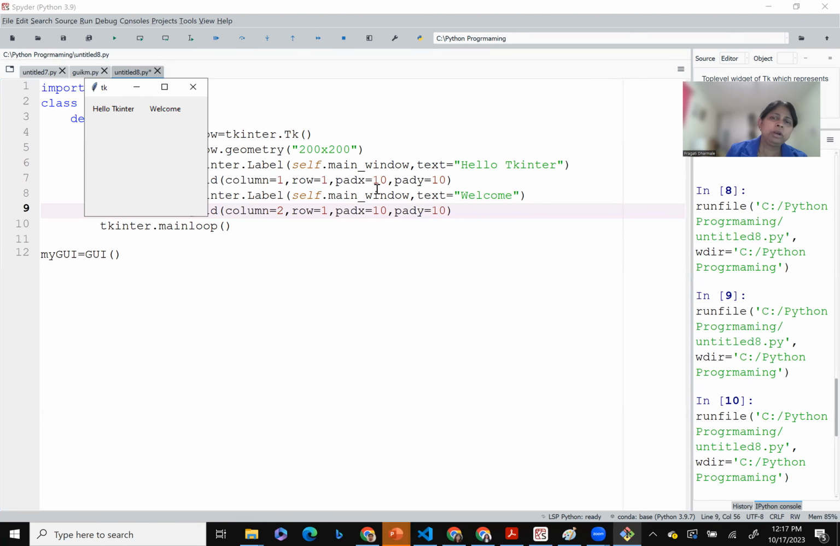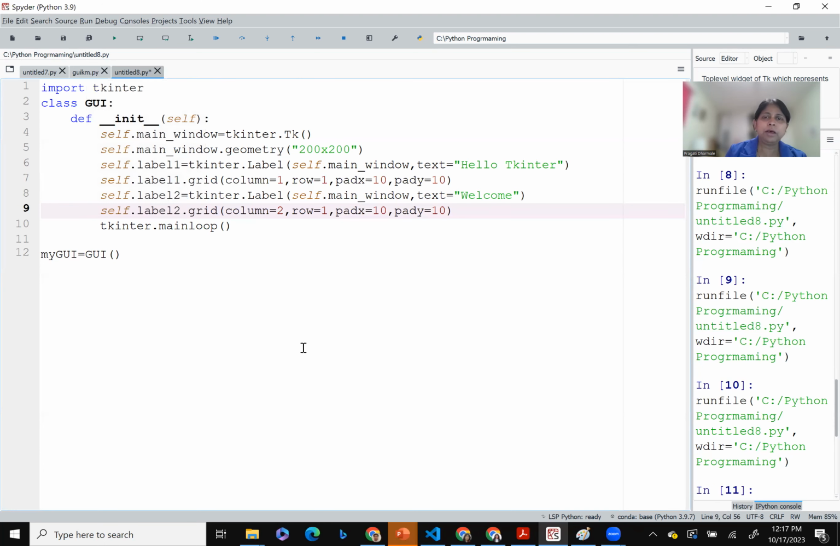It's not mandatory that you should give the same value. You can give different values for pad X and pad Y as well. So that's how it works. That's how we create a label. Now let's try to create a simple application